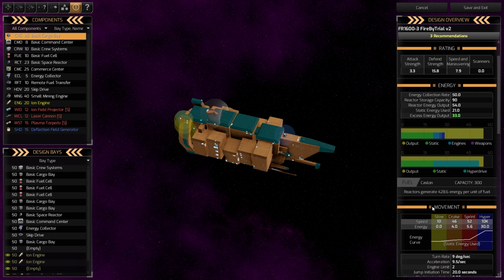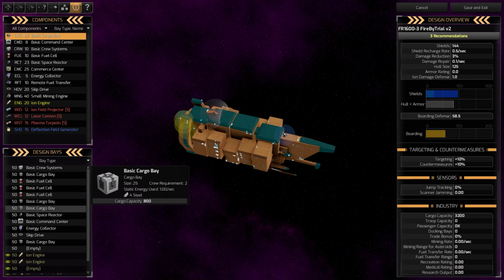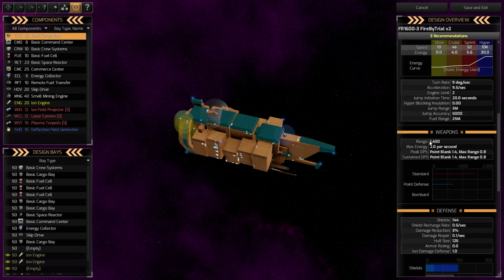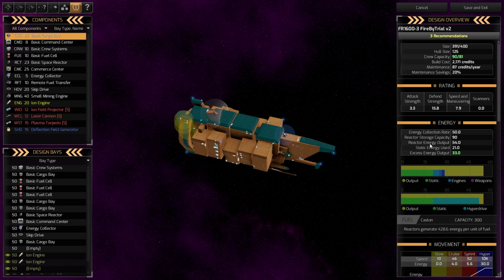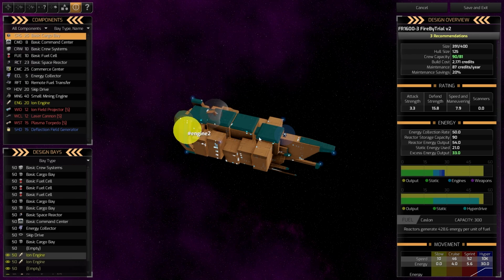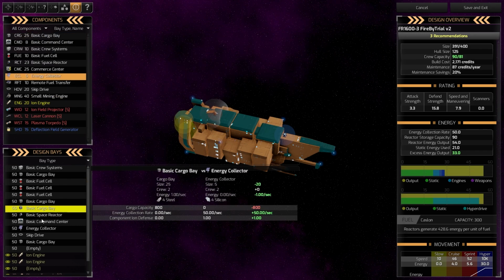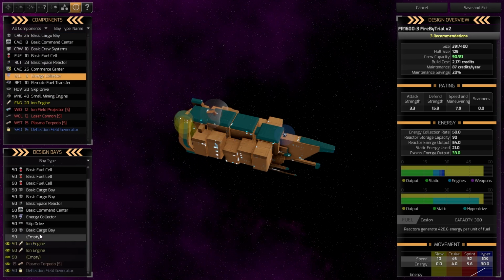Let's fill this up. We're up to 25 million, and this can now carry a lot more. Actually, how much more room have we got? Have we got enough to... Oh, no, we don't. Okay, fair enough. What I could do... No, basic fuel cell is a little bit too big for that. I could flesh it out, though. I could pop on an energy collector just to get that last little bit. Energy collection rate is now...